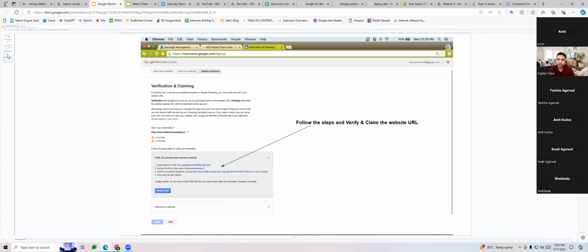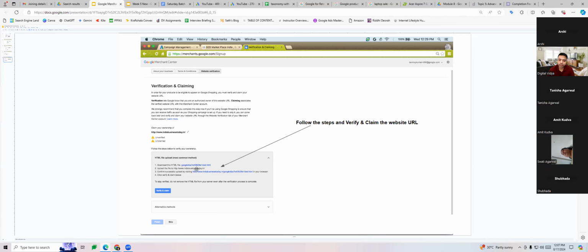And then finally, you come to the verification and claiming page. Verification and claiming is where Google wants to verify that you are really the authorized owner of this website. How does Google know that you are really the owner of the website? So for the verification, they are going to give you an HTML file, which you can download.